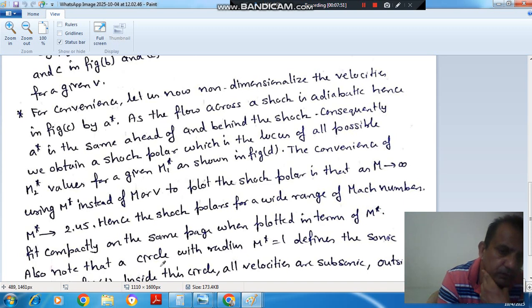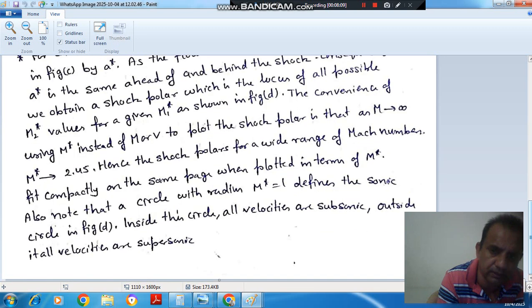So we can draw it on paper also. Hence the shock polar for a wide range of Mach numbers fits completely on the same page when plotted in terms of M star. Also note that a circle of radius M star equal to 1 defines the sonic circle. Inside the circle all velocities are subsonic, and outside it all velocities are